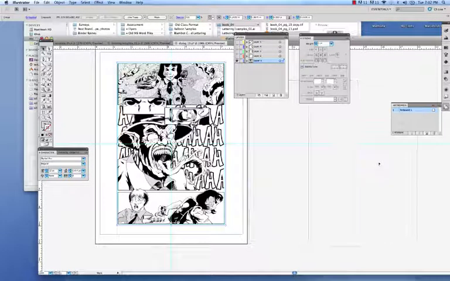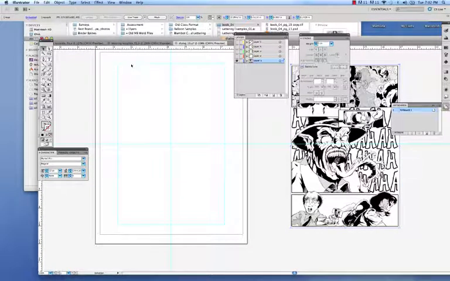So let's move him to the side for a second. And you'll see this kind of light blue square. What this light blue square is, it's a 6 by 9 square that I'm using as a guideline, so that when I bring in my artwork, I'll know that it's got to fit pretty close to that square, and it will fit. It may be a little off horizontally or vertically, but it should be pretty tight in there. To create this guideline,